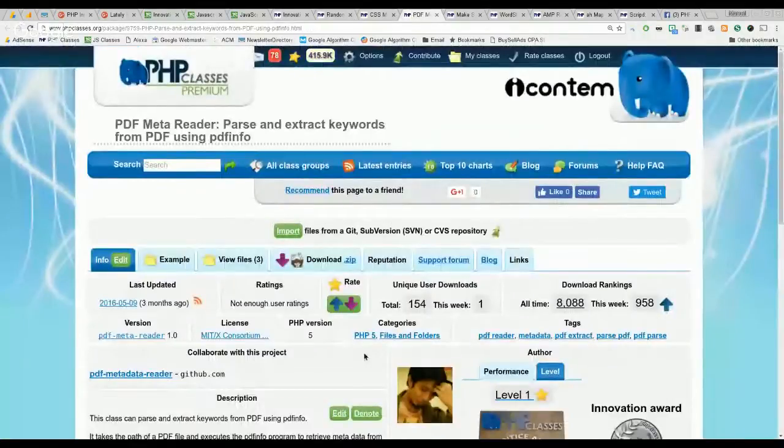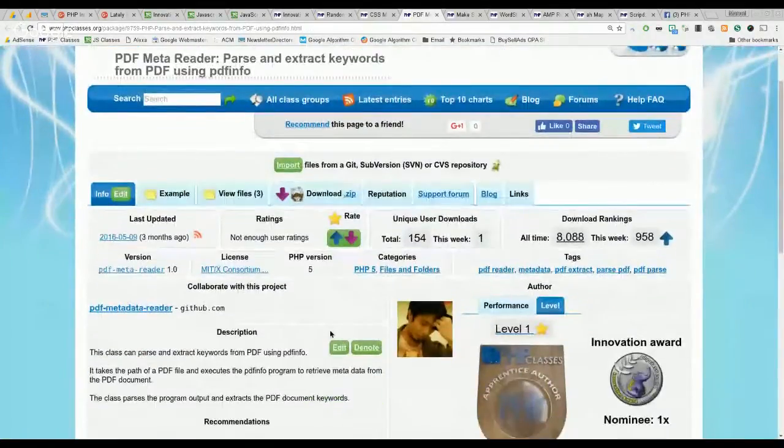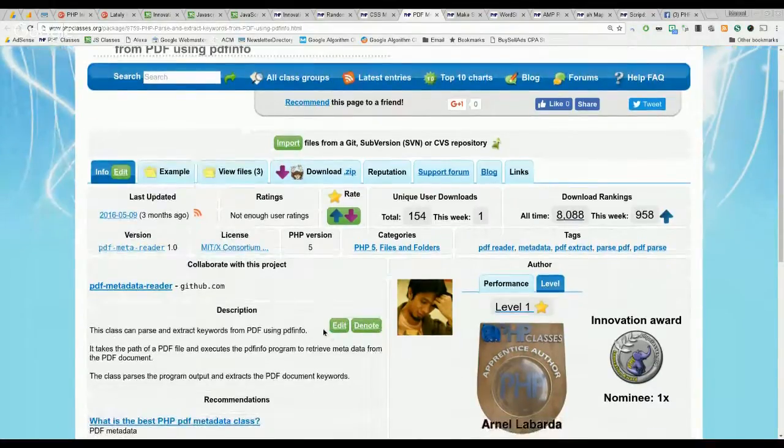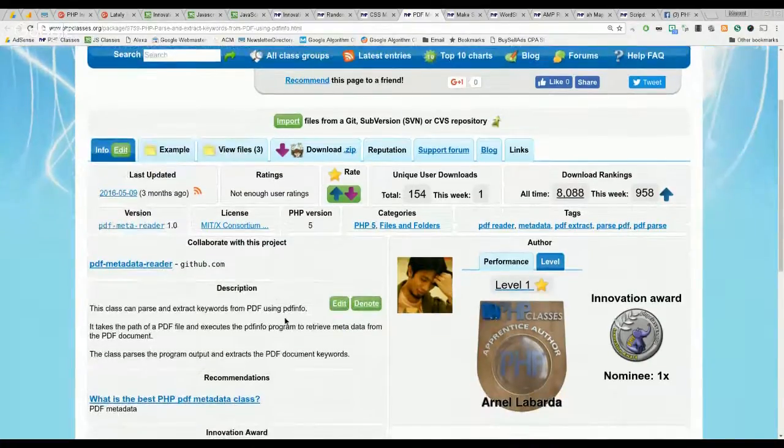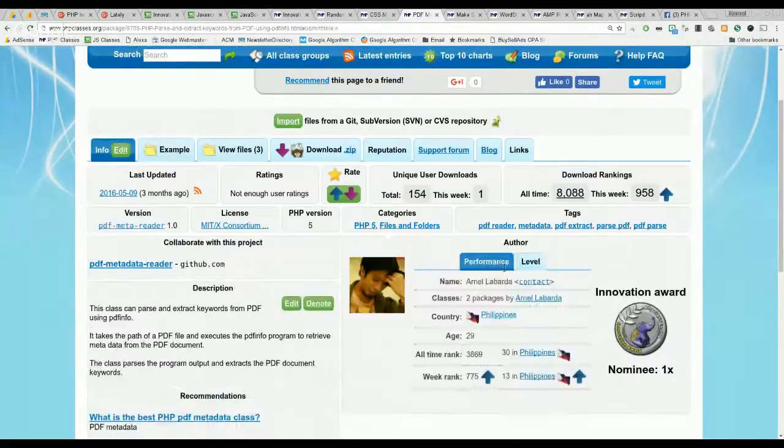The next package that I wanted to comment on is yet another one related to PDF, but this one is somewhat different because it just extracts metadata from the PDF document, like keywords and information. This one uses the pdfinfo program, which is an external program, but it is very useful for this purpose. So it provides a PHP interface to this program. This package was developed by Arnel